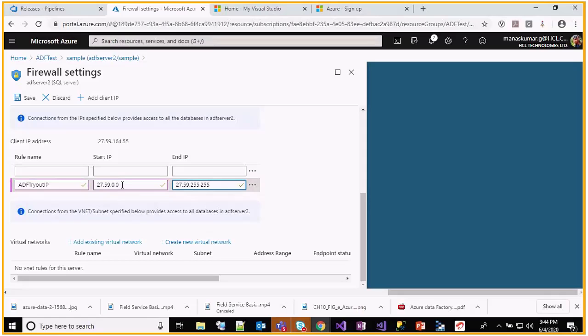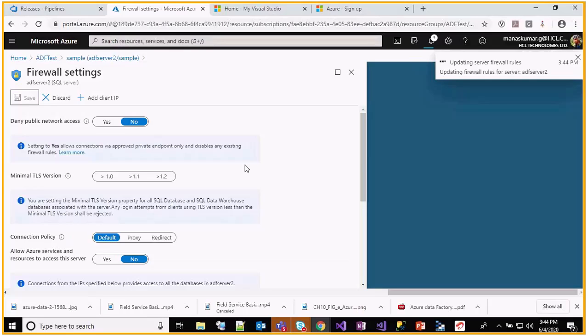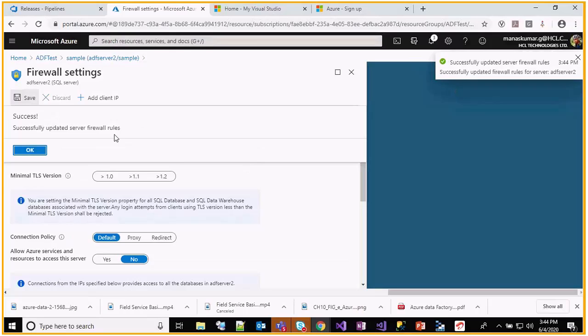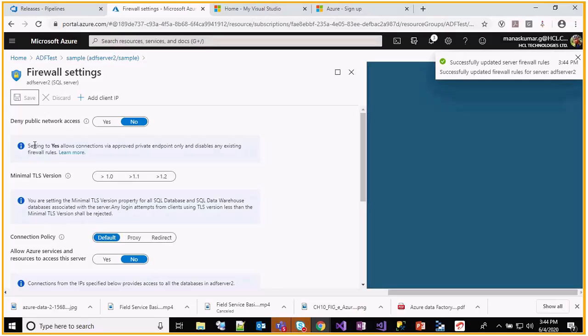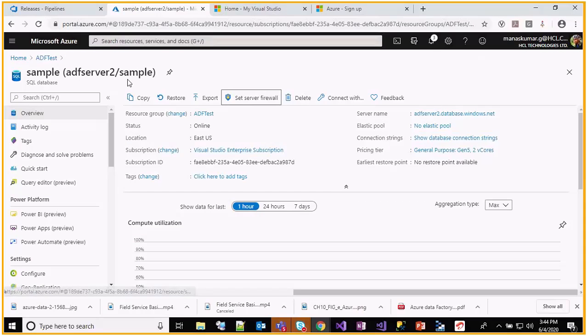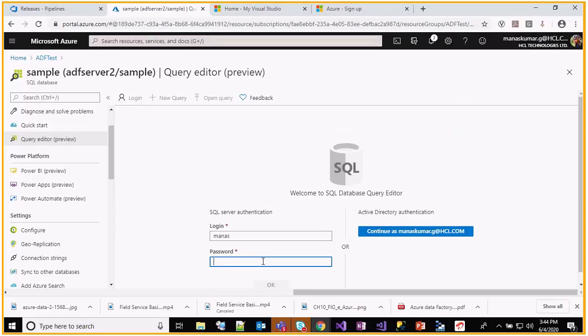The last two will be the dynamic ones because they keep on changing. Once you set it, save it. The firewall rule has been set. Now you will be provided access to the database query editor.